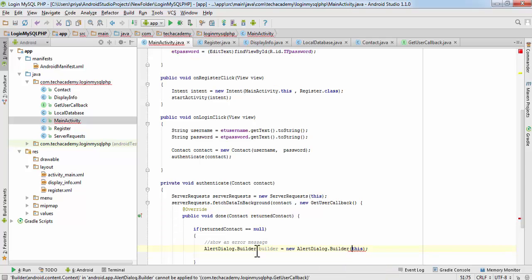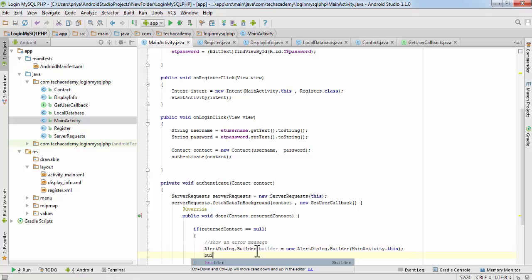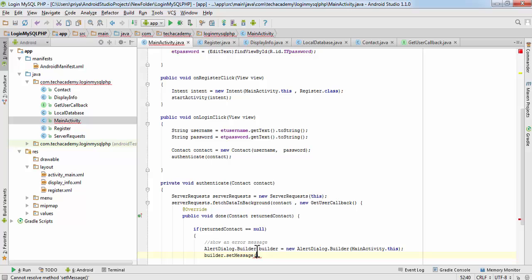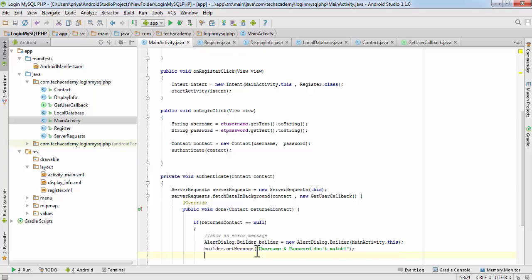If it is giving an error, pass main activity dot this. Then write builder dot set message, and here you can write whatever message you want. I'll write username and password don't match or don't exist.